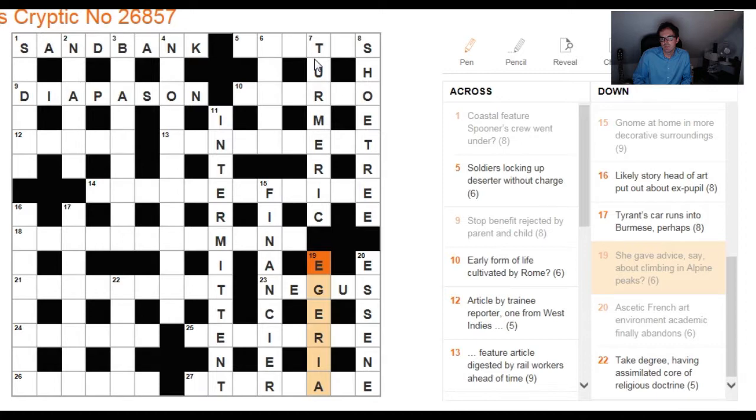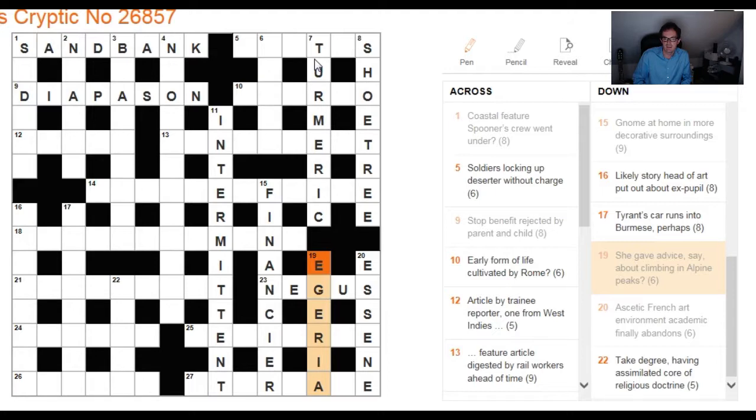So this is what's happening there. Very, I suppose, elliptical, but it is something you see. So if you see French art, you can basically assume you're looking at the letters es, and that will help you. Certainly would help you here, because you then got to get a 5-letter word for an environment, which is